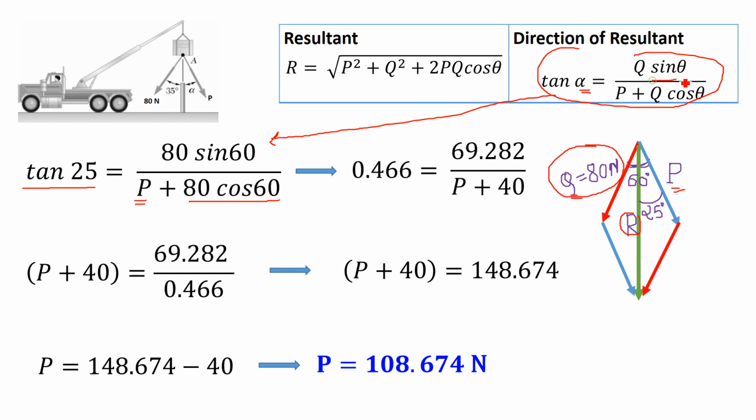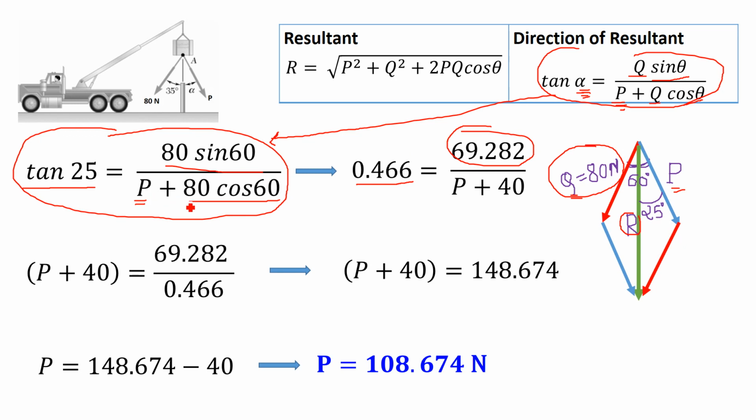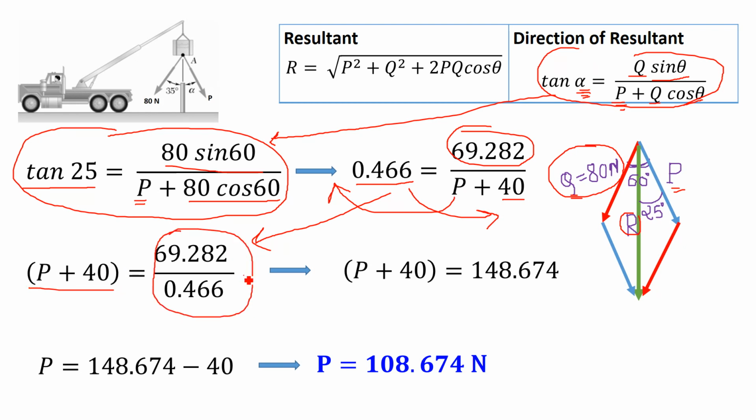If you put the value of theta here, Q is 80 Newton, P is not known to us, and alpha equals 25 degrees. So this is the equation. Now if you simplify, tan 25 is 0.466, the numerator 80 sin 60 is 69.282, and the denominator is P plus 80 cos 60, which is 40. If you simplify this again, take P plus 40 on the left-hand side and 0.466 on the right-hand side, so 69.28 will be divided by 0.466, and P will be on the left-hand side. If you calculate this ratio, it comes